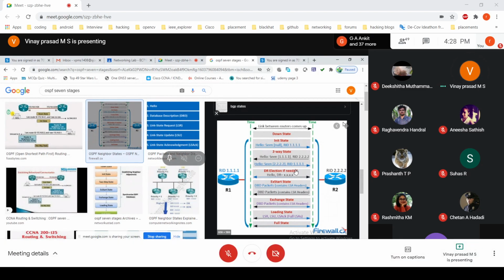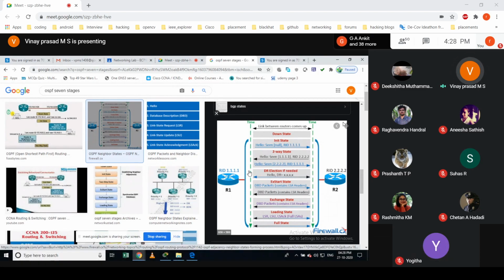Let us remove this stage for now, because it is only needed when you are connected in this broadcast panel, as you can see on the left-hand side where I am moving my pointer. If you are connected in this way, then we need BDR election, among these five, to know which would be the designated router and which the backup designated router. We'll remove this stage right now because this is a point-to-point connection.